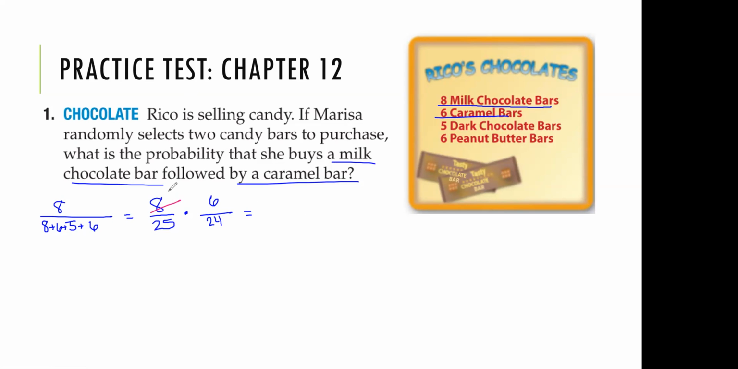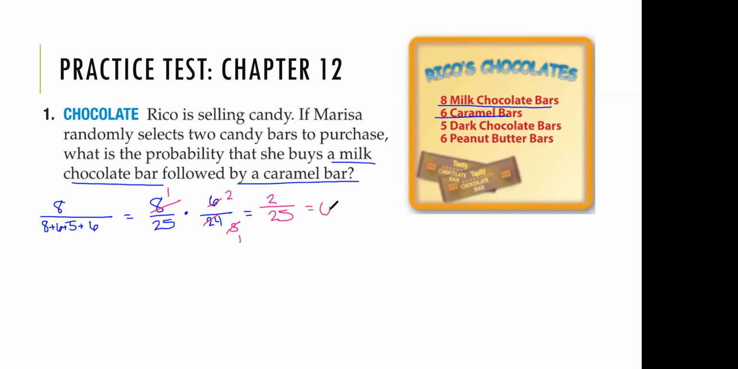8 goes into 8 once, 8 goes into 24 3 times. And then we also have a common factor between 6 and 3. So 3 goes into 3 once, and 3 goes into 6 twice. So this would be 2 out of 25,